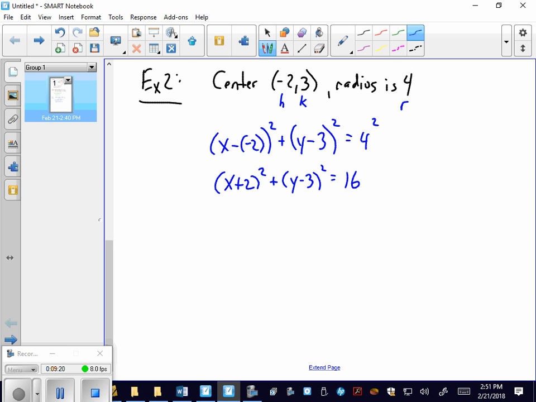Okay, that's not so hard if I give you the center and give you the radius. So maybe I'm going to give you the equation instead, and I want you to tell me what the center is, and I want you to tell me what the radius is. So we're going to kind of take the idea backwards. So this will be our next example. So we want to find the center and radius given, let's see, let's go with